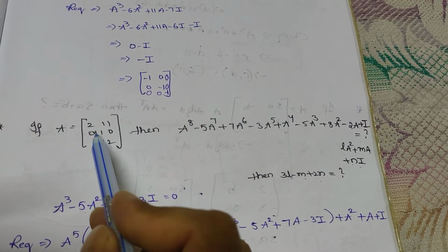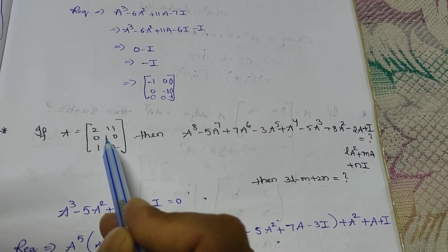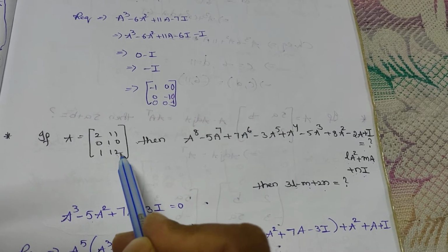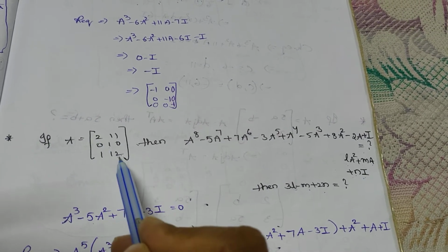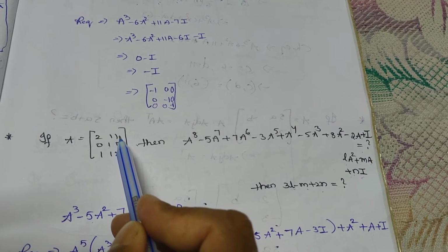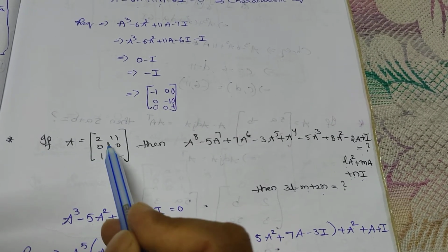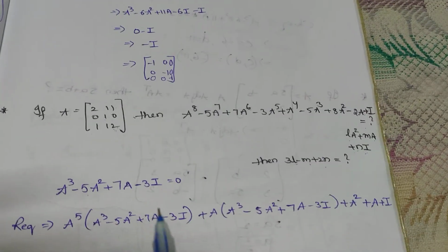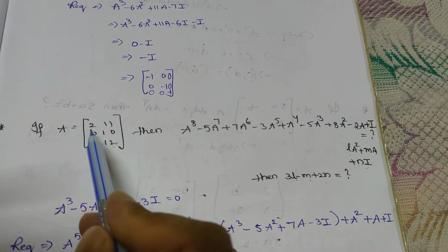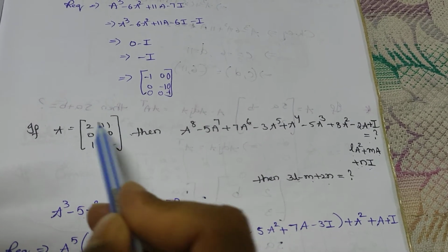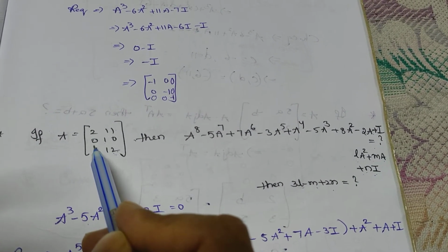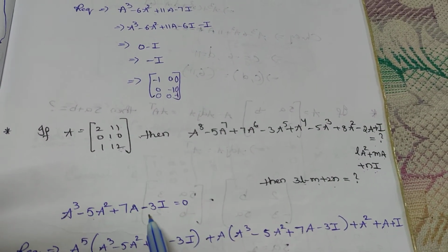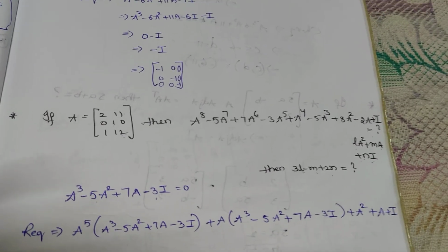What does lambda 2 mean? Determinants. This determinant, 2 1s are 2 minus 0, that is 2 only. 1 2s are 2 minus 0, that is 2 only. Next, the determinant 2 1 1 2: 2 2s are 4 minus 1, that is 3. So the first determinant is 2, the second is 2, the next is 3. So 2 plus 2 plus 3 gives 7, so 7A. The total determinant of A, expanding along any row or column, I have already done, the value becomes 3. So minus 3I is equal to 0.